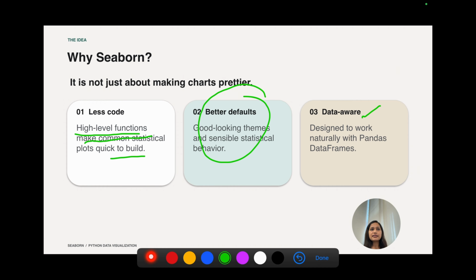And the third is that Seaborn is data aware. It works particularly well with the pandas DataFrame, which makes it extremely useful in data science and exploratory data analysis. So Seaborn is not just about making charts prettier. It makes visualization easier, and it is easier to explore and understand the data.